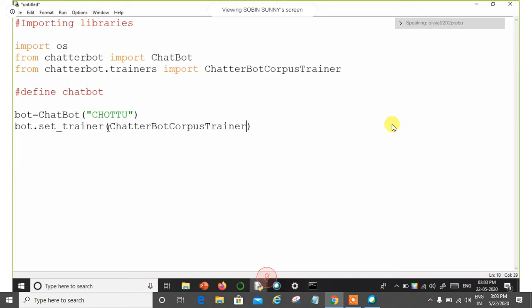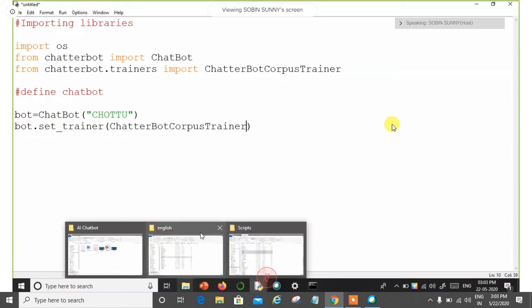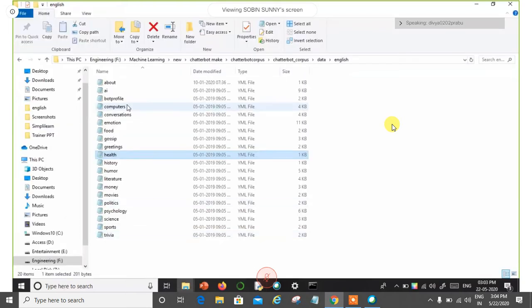Training means it works on the data. We have some YML files like English, greetings, movies, politics, trivia. You have seen many YML files, right? This Chatterbot corpus trainer is going to train the chatbot on all these fields.